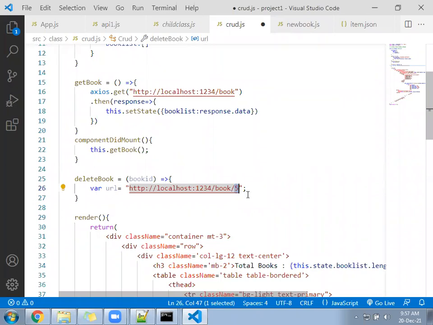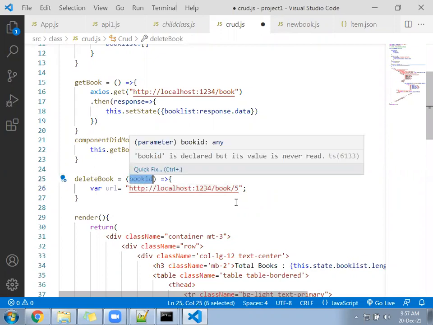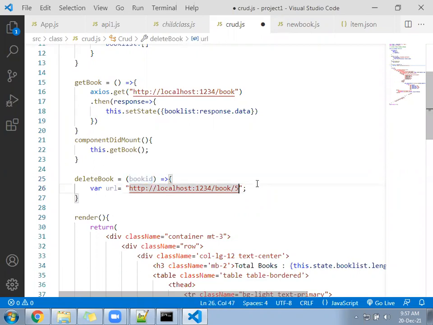So here we are already getting the number under the book ID. That book ID you can append at the end here.